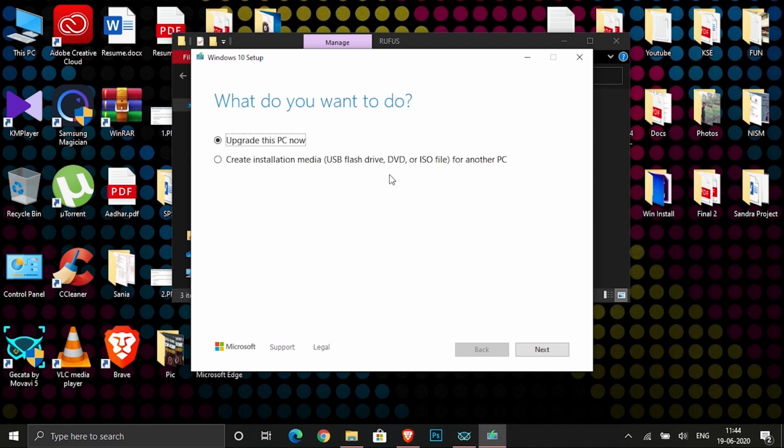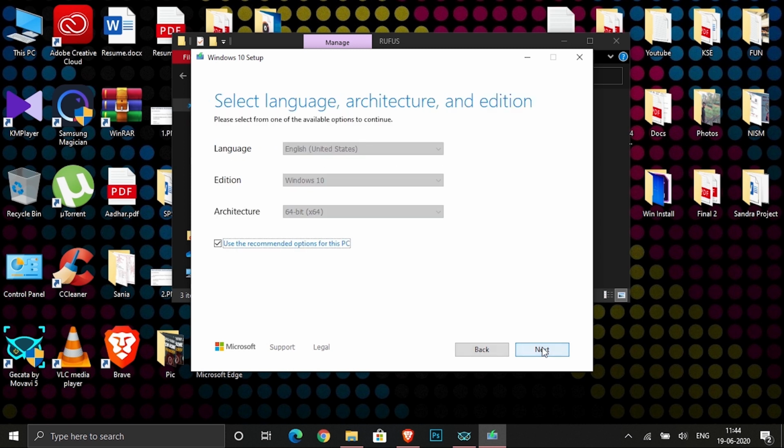Wait. Now you have this option: upgrade this PC or create installation media. Select create installation media, then click next. It has the default system setting, that is 64-bit. If you don't want that, you can untick this and choose your desired bit or version.